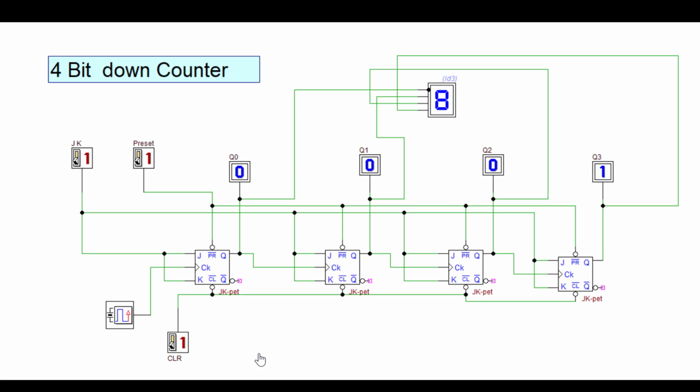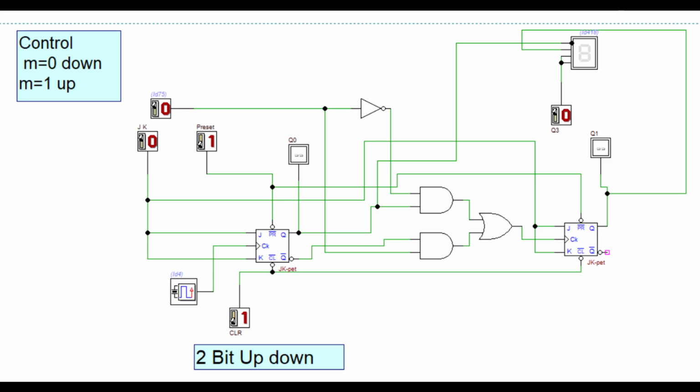Instead of using two separate circuits, we can construct a circuit where we can use a single circuit for counting in both the upward direction as well as the downward direction. We'll see that particular circuit in a moment. Now you can see here, this is a common circuit for up counting as well as down counting. If you look here, we have one extra control input. This decides whether counting should take place up or down, depending on our select line.